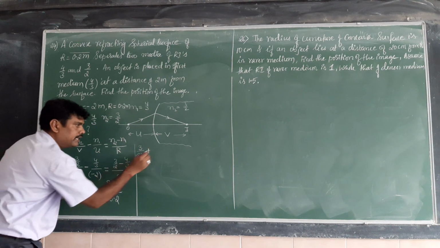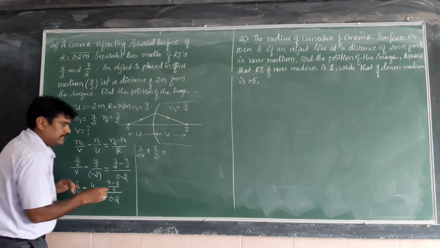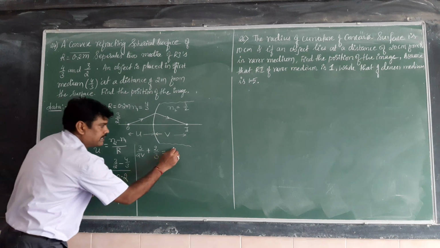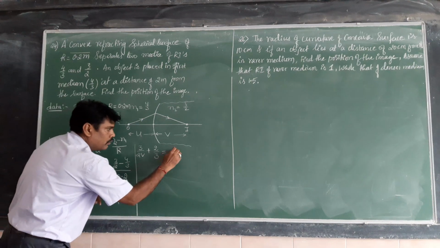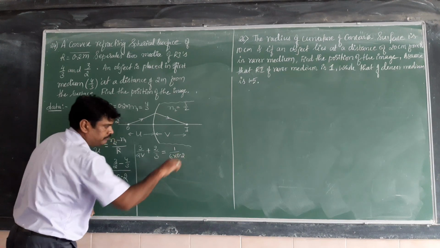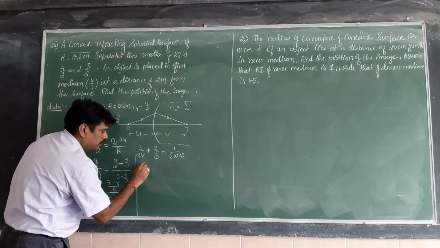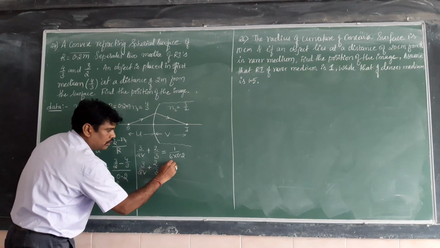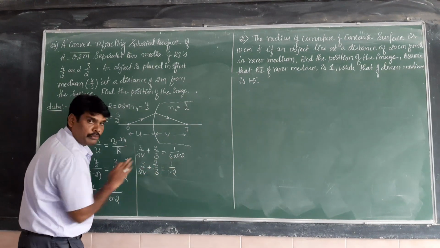See, 4 by 6 can be written as 2 divided by 3, which is equal to, just dividing by 2 on both sides, we get 2 by 3 only, which is equal to 9 minus 8 is 1, 1 by 6, into 0.2. So 6 2s are 12, it means 1.2. 3 divided by 2V plus 2 by 3 is equal to 1 divided by 1.2. So 6 into 0.2 is 1.2 only.